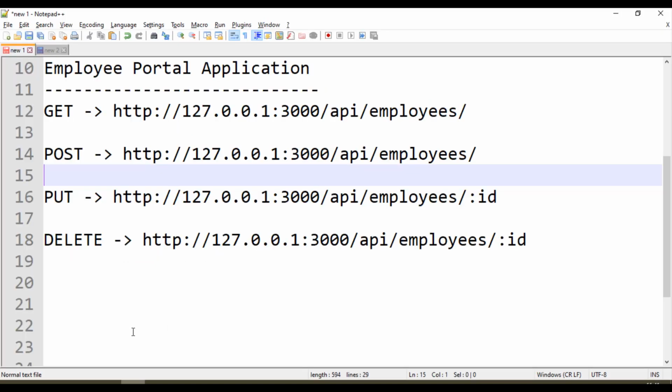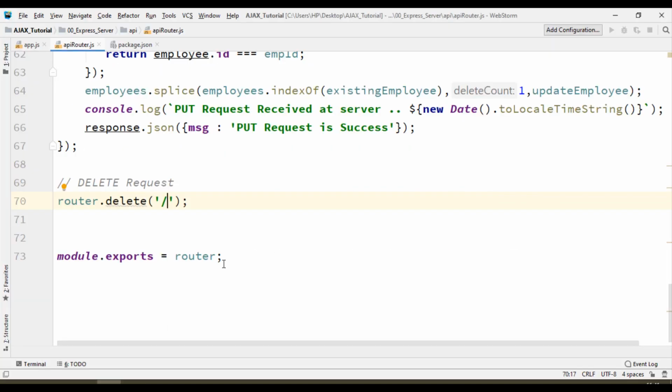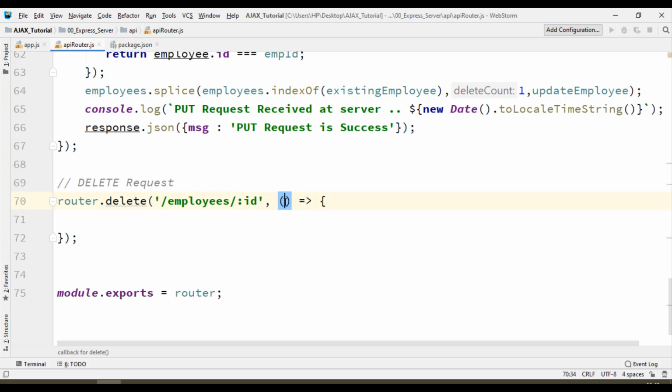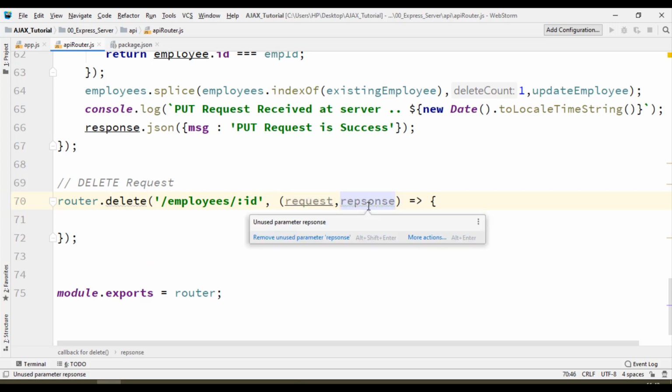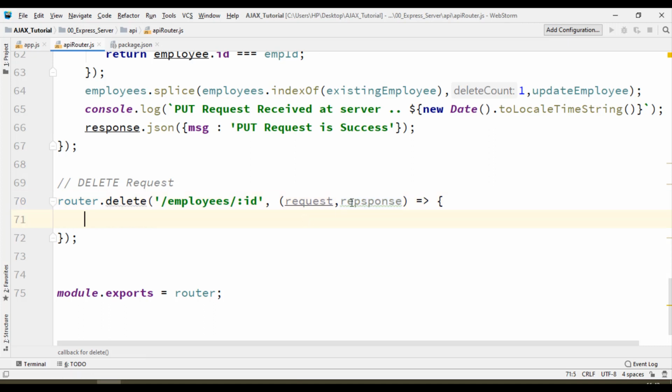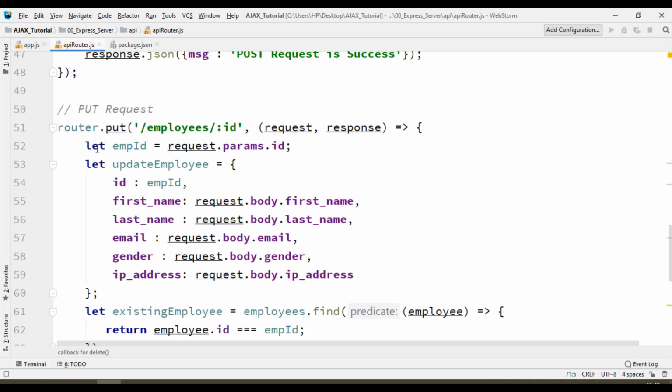So what was the URL? This one, API slash ID again. So let's say employees slash colon ID, and also the URL. So request comma response. Okay, fine. How to get the ID again? Like this.